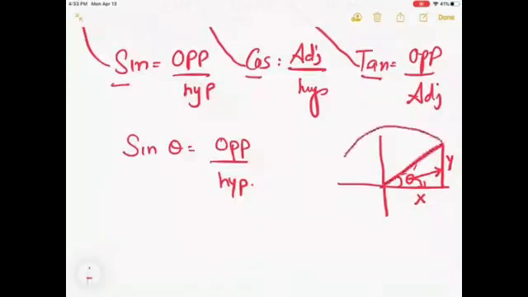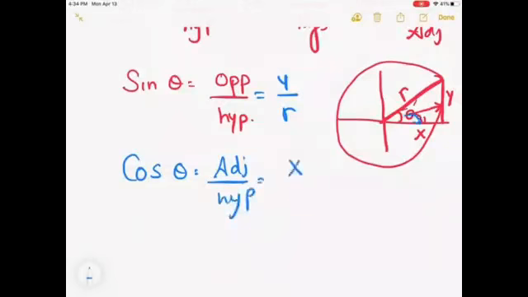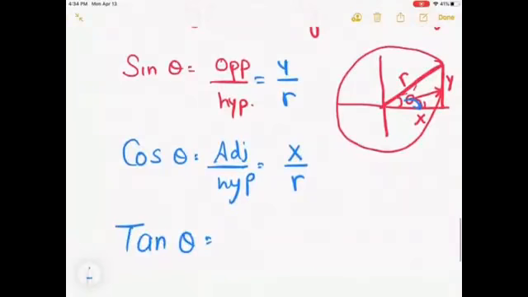So basically when I draw a unit circle, this line is nothing else than the radius of that circle. So let's write these ratios based off x, y, and r. Opposite side for this angle would be y and the hypotenuse would be r. That's just another way to write this ratio. Let's say I have cosine. Cosine is adjacent over hypotenuse. Adjacent side for this angle is the x-axis, so it would be x, and the radius, which is hypotenuse, stays the same. And then I have tangent. Tangent theta would be opposite, which is y, over adjacent,